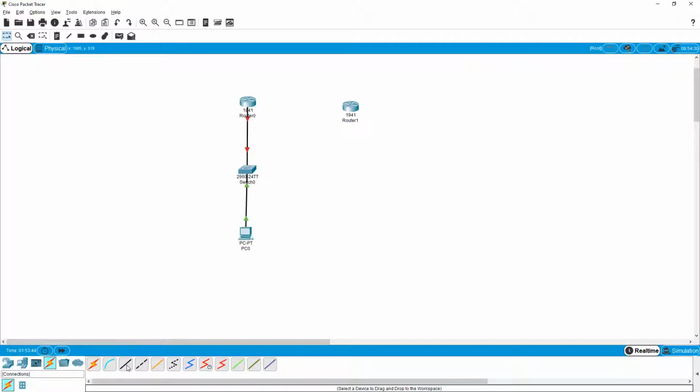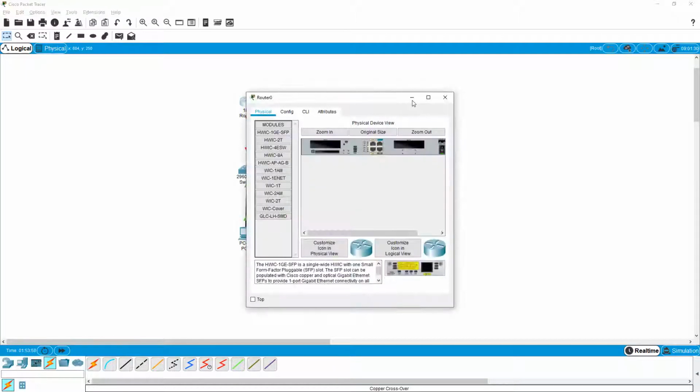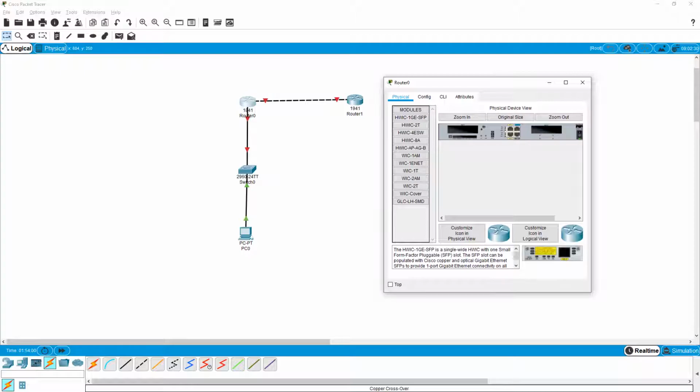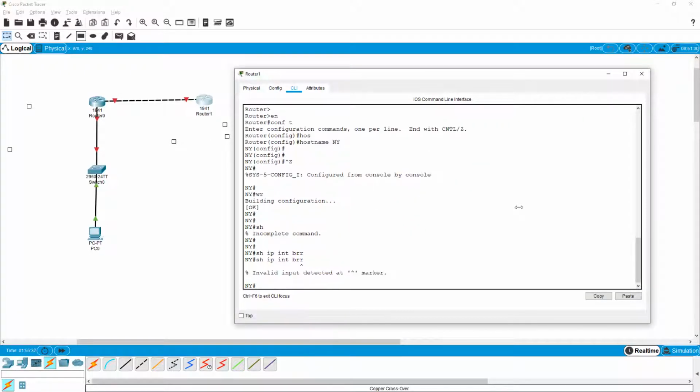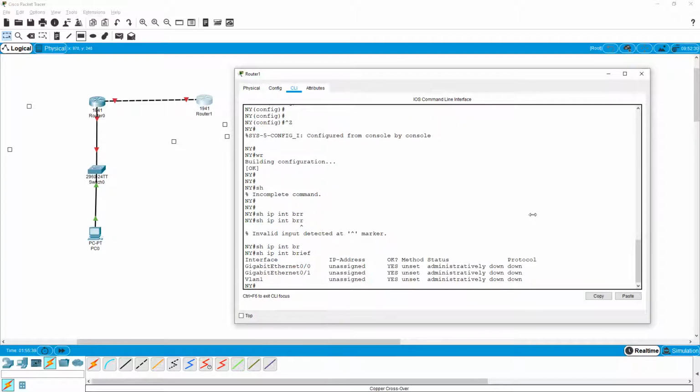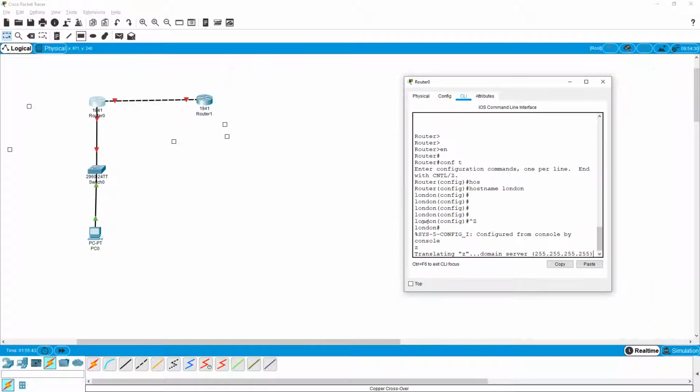Let's say I have a crossover cable between router and router. Show IP interface brief will show me how many interfaces I have on this router: Gig 0/0 and Gig 0/1.